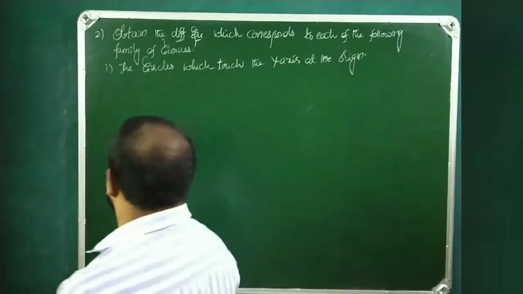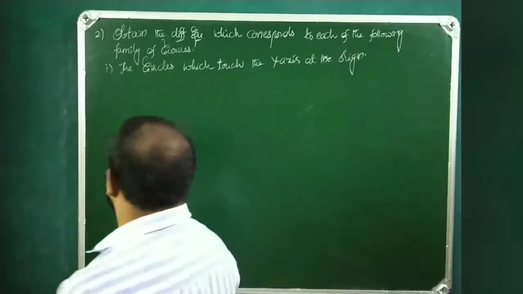This is the fixed line called directrix, and this line is not only perpendicular to the fixed line, but also passes through the fixed point, which is focus. So the equation corresponding to the given data is y minus k whole square equals to 4a into x